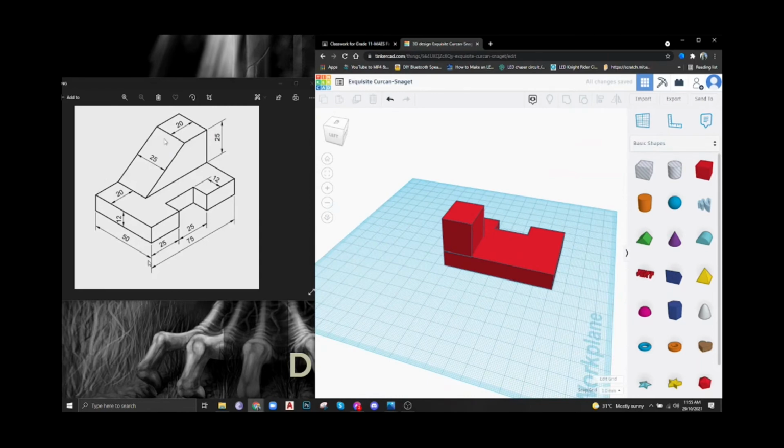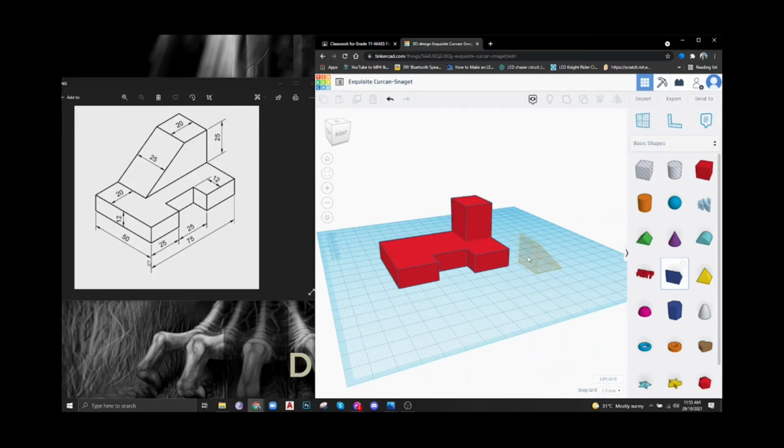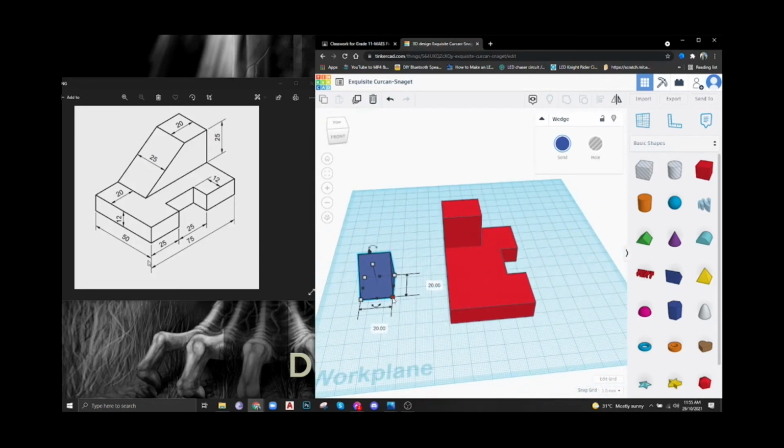Now the missing part or component is this one here. So we have the shape there, this one. Now we could rotate this part here so it would look like this. How to rotate it, just click this one. You can see this arrow, this arc here. Just click it and change this to 90 degrees, and you have it there. Next we could set the height in advance. So the thickness will be 25,